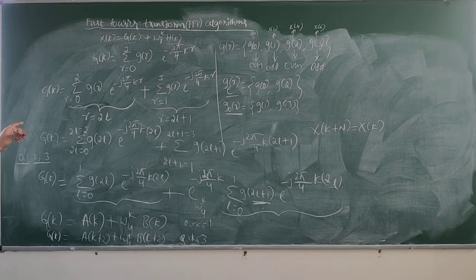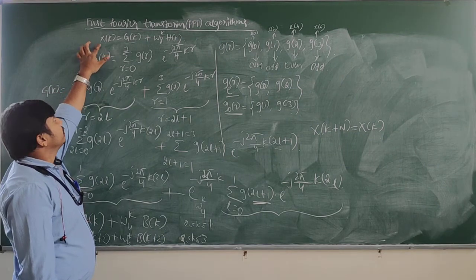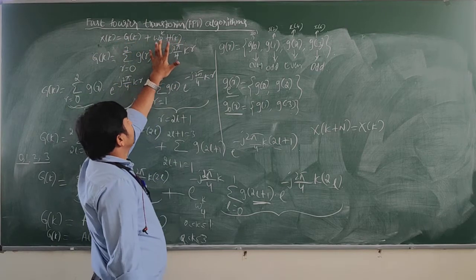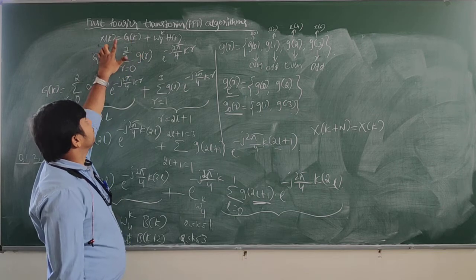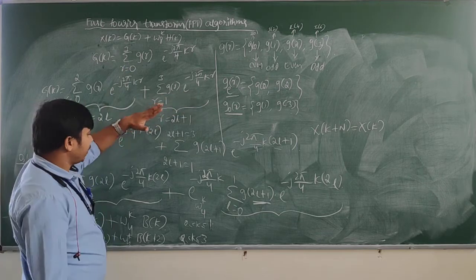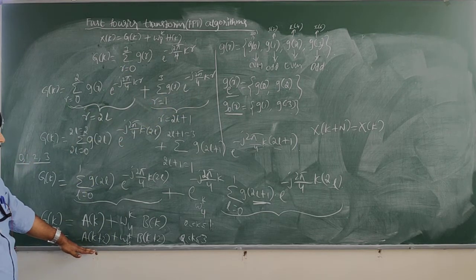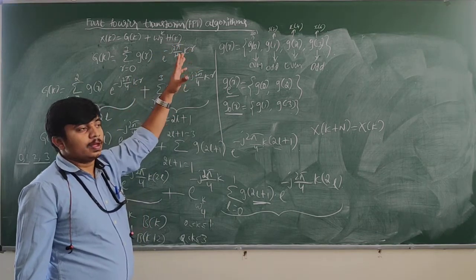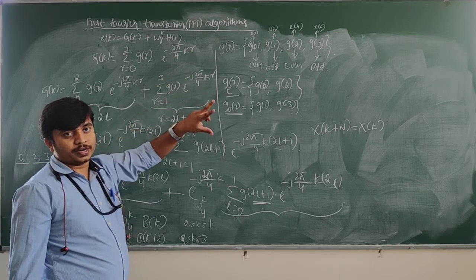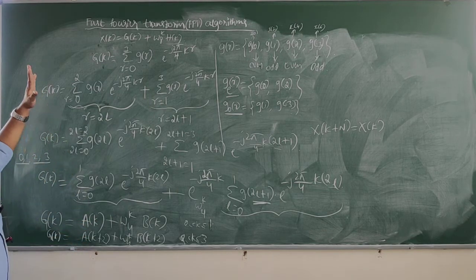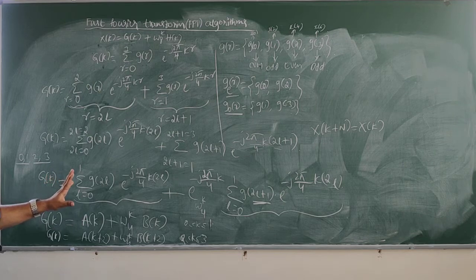So in this equation, that is x of k is equal to g of k plus w8 power k into h of k, I have considered only a single equation, that is g of k, and I have split this g of k into two sequences and arrived at these equations. Similarly I need to take the equation for h of k and split that h of k into two 2-point DFTs, and I need to get equations like this. The procedure is the same, so I won't repeat it for h of k. I will directly write the equation for h of k.